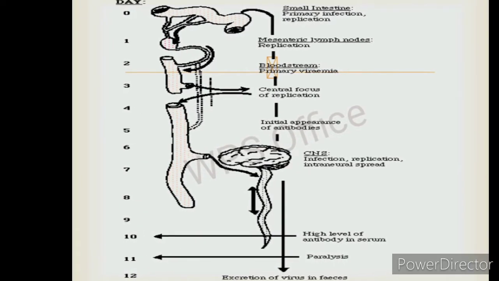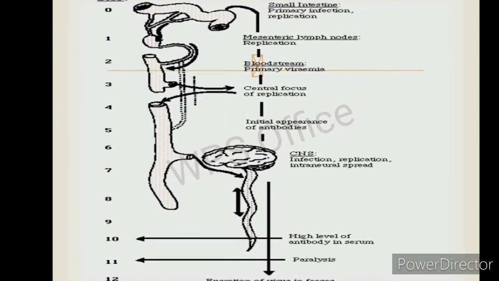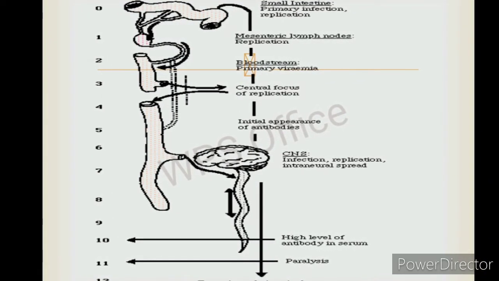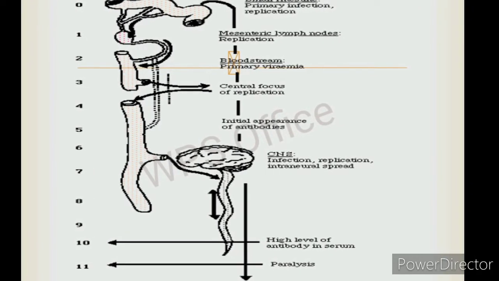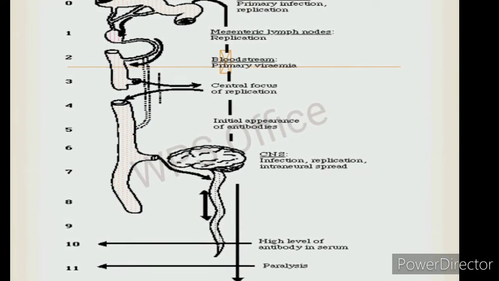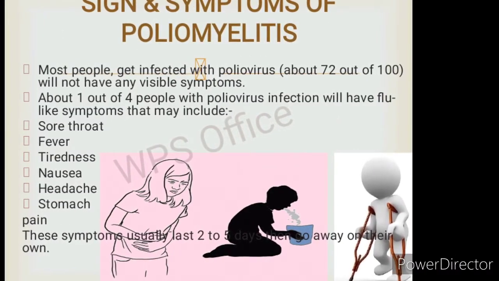After ingestion, it will reach the small intestine, and primary replication will be there. Then after that, it will pass through the lymph nodes, then bloodstream, then come to the central nervous system. Then it will cause paralysis. And signs and symptoms, mostly